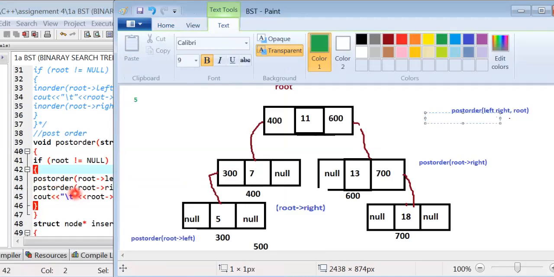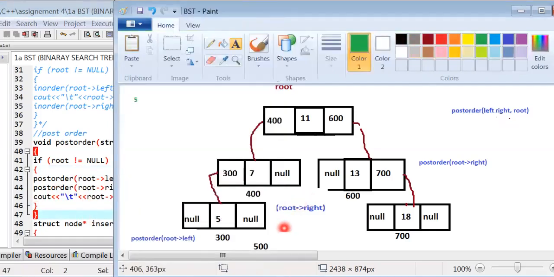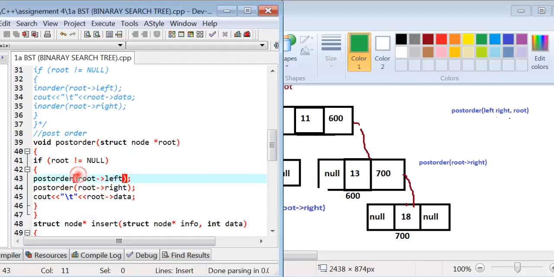Now post-order root right: root right points to this null, because we take the reverse steps. Root right value is null, so the condition root not equal to null is false, then the call is terminated, and cout root data.